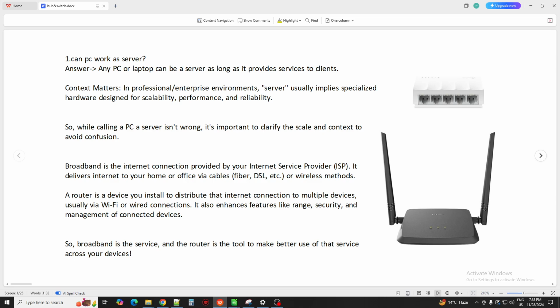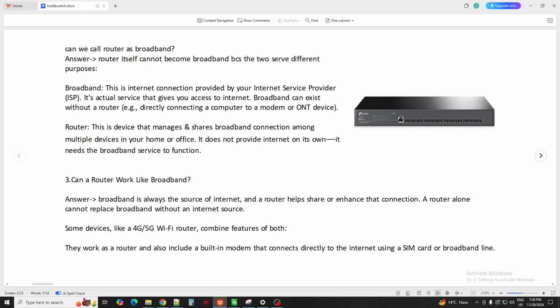Now, the second thing is that this is a hub, as you can see, and this is a switch. You may be asking why I am starting from the server and all that. These are some important topics that we also have to cover to understand what hubs and switches really are. Going forward, we will clear that topic too. Now the thing is that a hub and a switch do the same work.